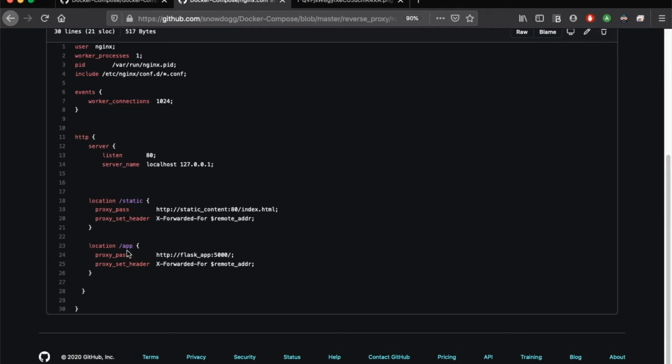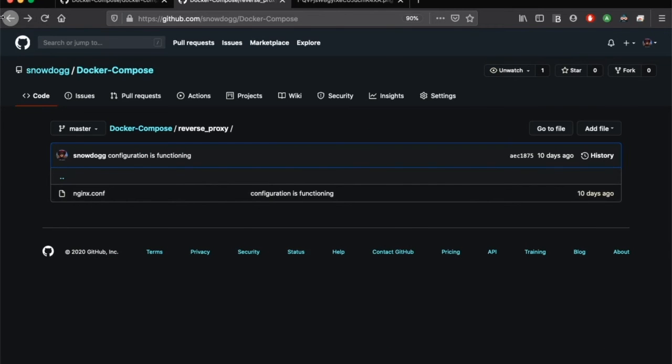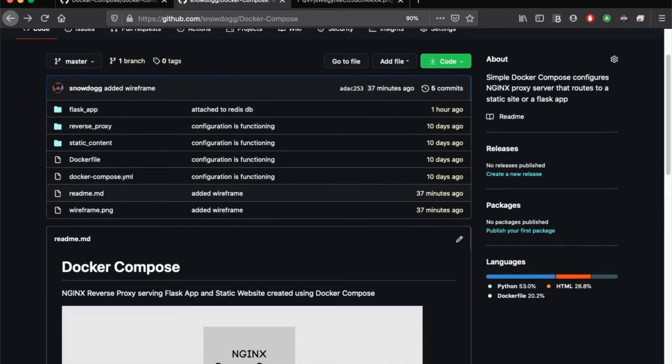And the same thing with /app. It's going to be Flask app 5000. Like when you type in localhost /app, it's going to take you here. Or if you had a public IP, it would say, the IP /app. It takes you to this page, which is the Flask app. So I guess with that, that's like everything. So let me just show you now